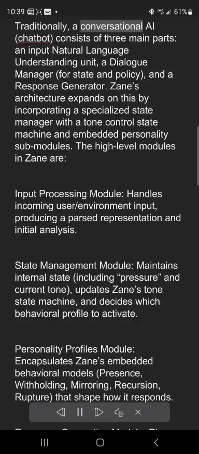Traditionally, a conversational AI, chatbot, consists of three main parts: an input natural language understanding unit, a dialogue manager, for state and policy, and a response generator. Zane's architecture expands on this by incorporating a specialized state manager with a tone control state machine and embedded personality submodules. The high-level modules in Zane are: Input Processing Module handles incoming user/environment input, producing a parsed representation and initial